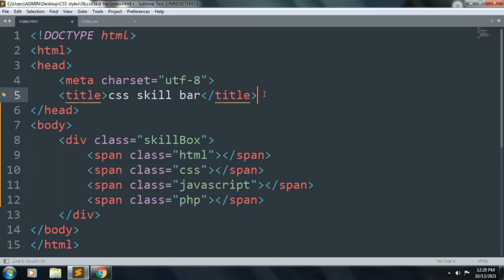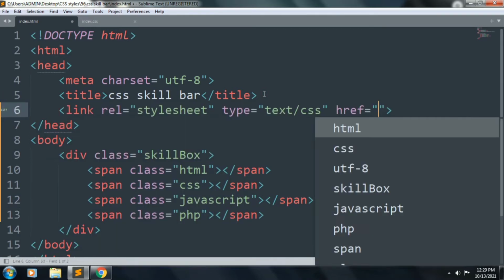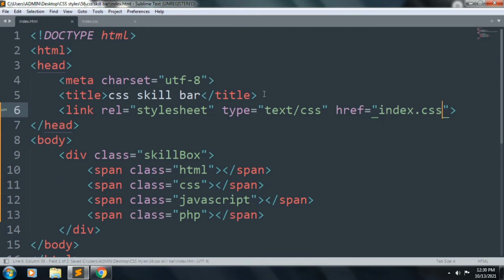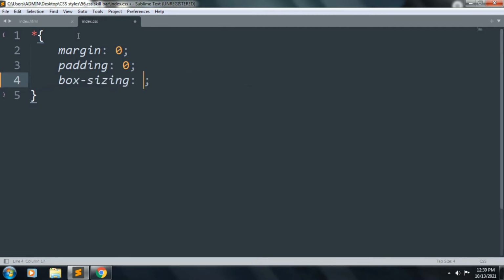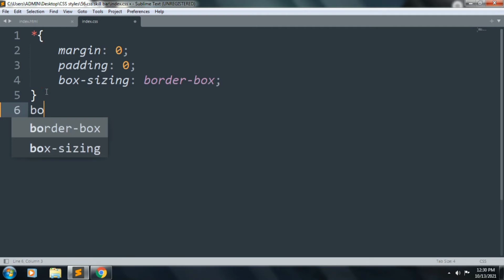Let's link our style sheet index.css and start to style our web page. Margin 0, padding 0 and box sizing will be border box. Let's start to style our body.